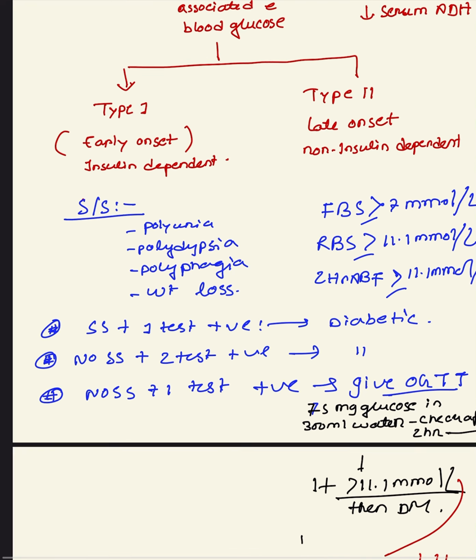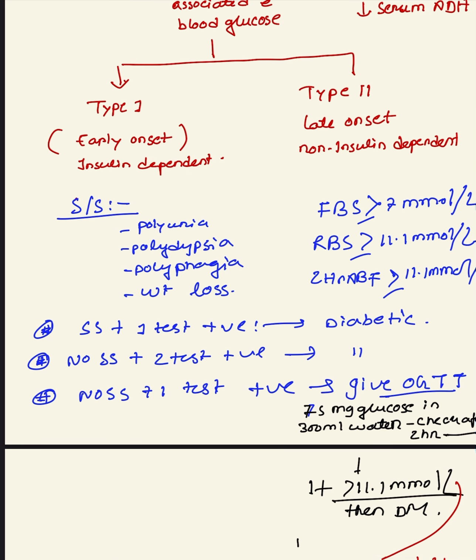So how will we know that a patient has diabetes mellitus? There are mainly 3-4 symptoms that are very common. That is, the patient complains of polyuria, frequent urination, polydipsia, and polyphagia. So the patient feels frequent thirst and frequent hunger, and